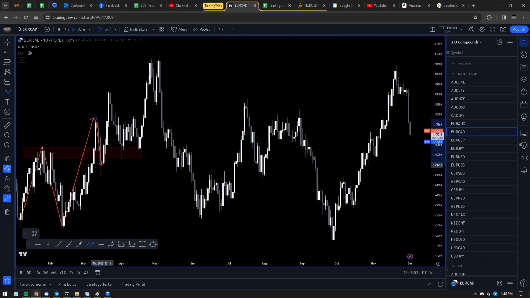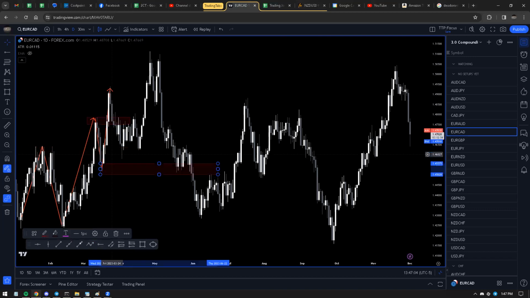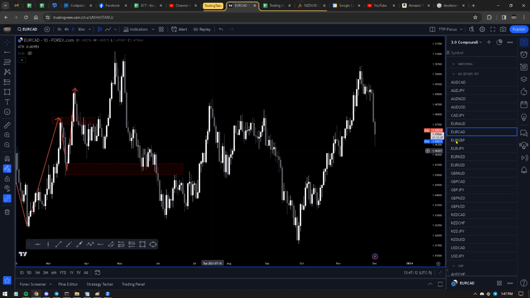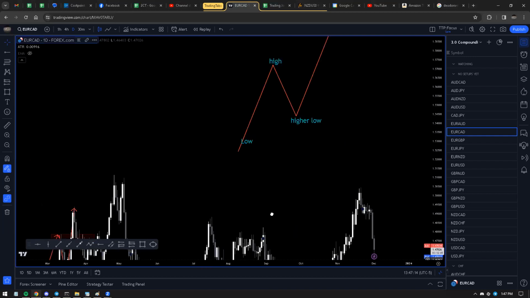So price pulls back, breaks up again. We now have the same thing. We now have another high that was created right here. When price pulls back into this area here, it doesn't respect that. But price also does not break below the low that created this high. And so the uptrend is still intact. We will look at